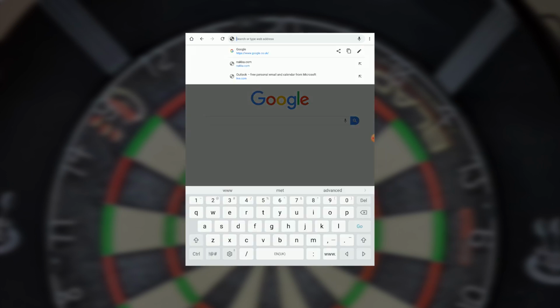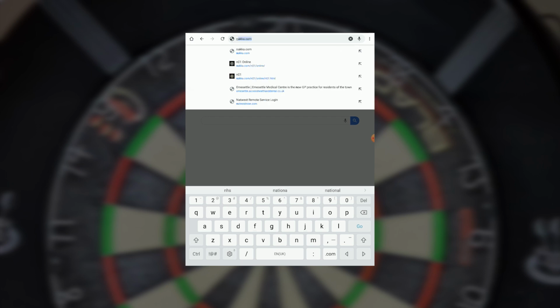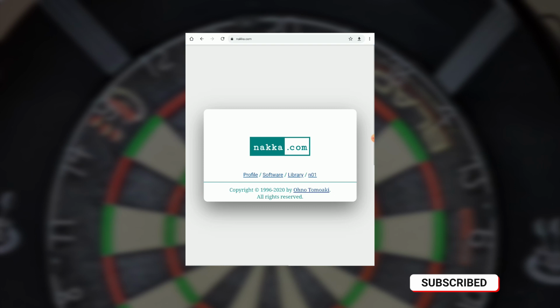It's not, it's online. So if you go to NAKKA.com, this will take you to the developer's website. He has loads of other software, other apps you can download, like darts for Windows and stuff like that. So for the purpose of playing NAKKA N01 online, go to N01 and this will take you to the online